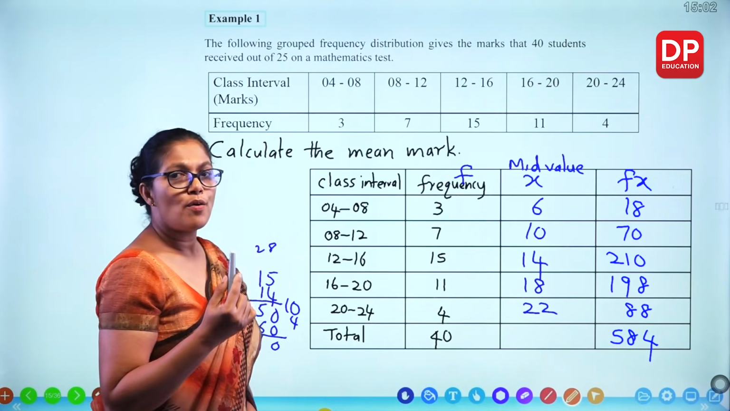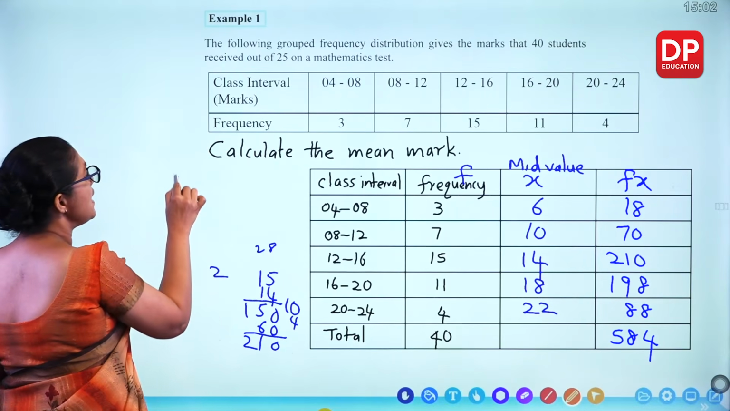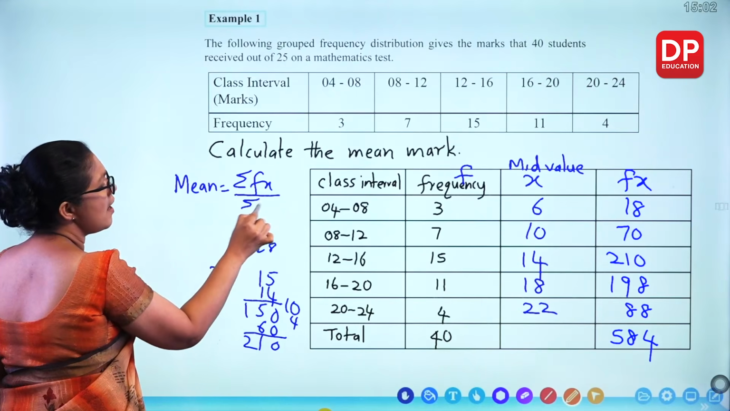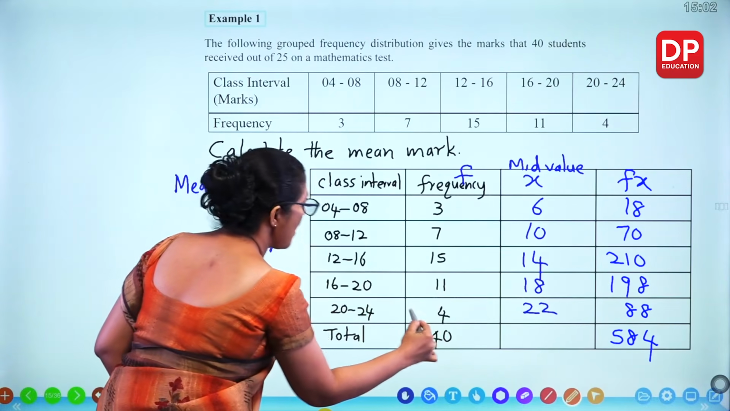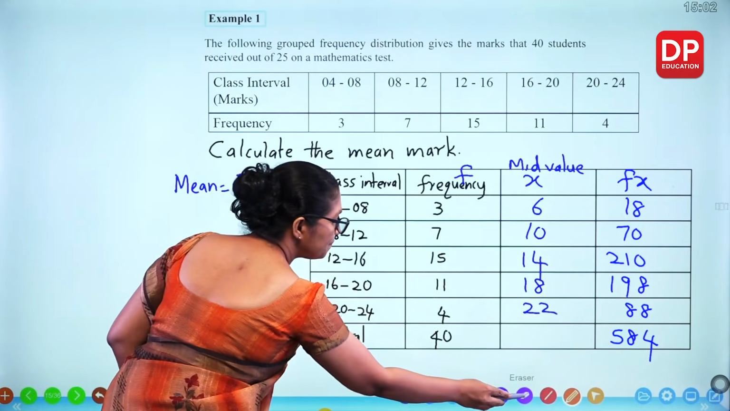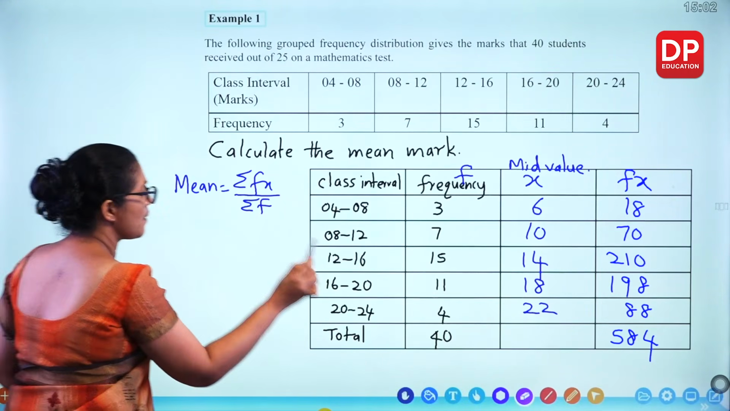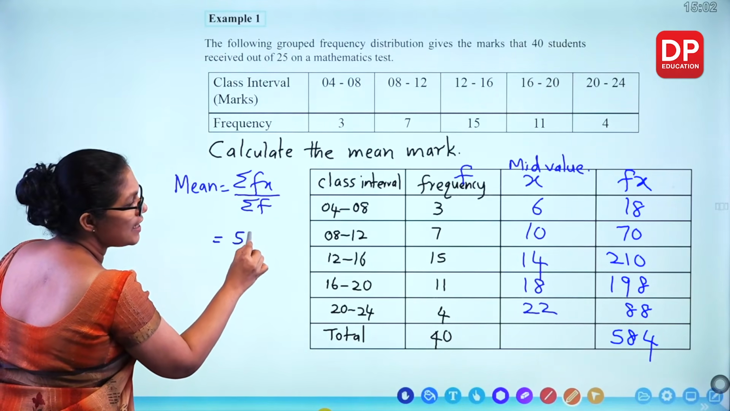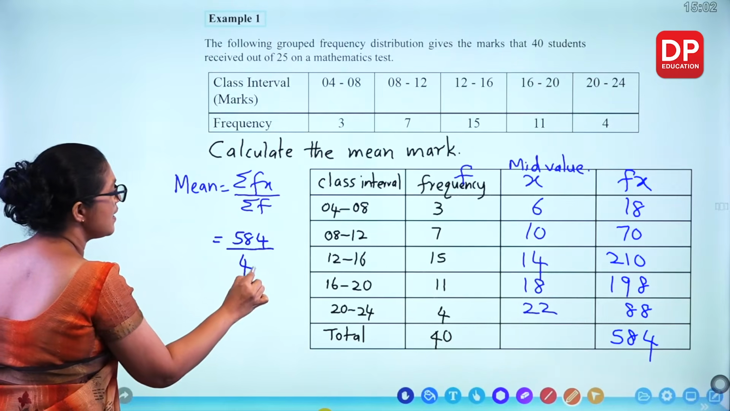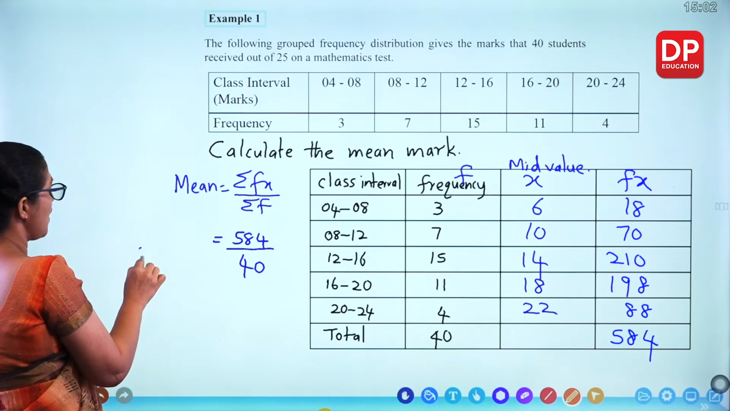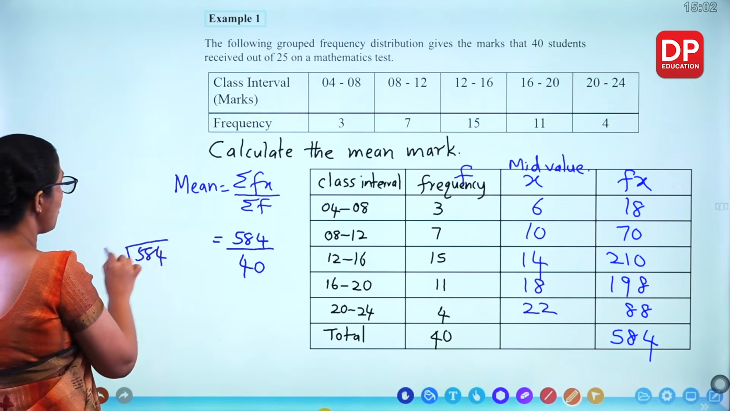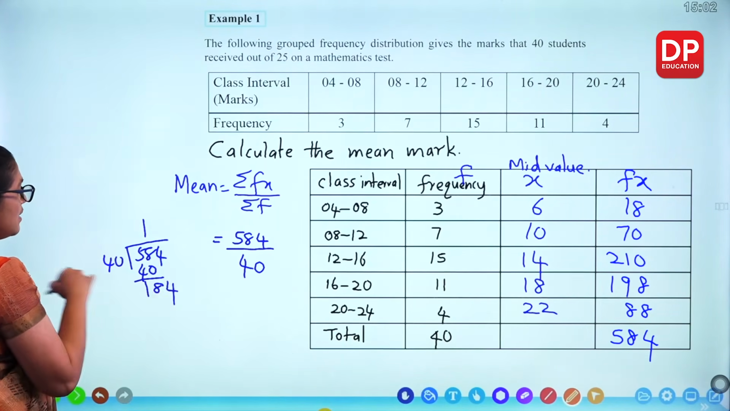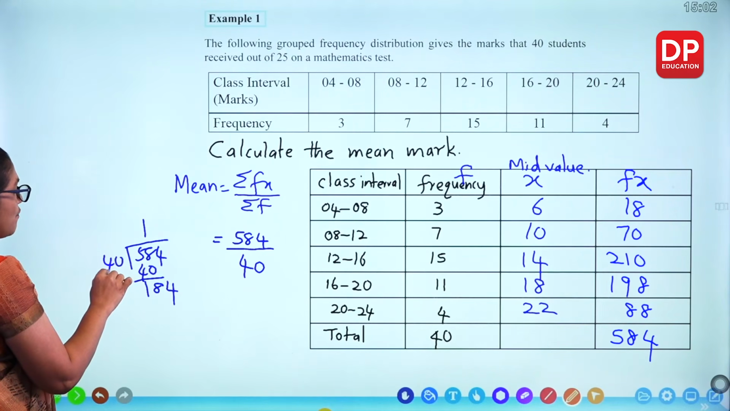584. Now calculate the mean value. Mean is equal to sigma fx over sigma f. So this is sigma f. So what's the value? 584 divided by 40. So 584 divided by 40, long division, you can find out the number. So here roughly